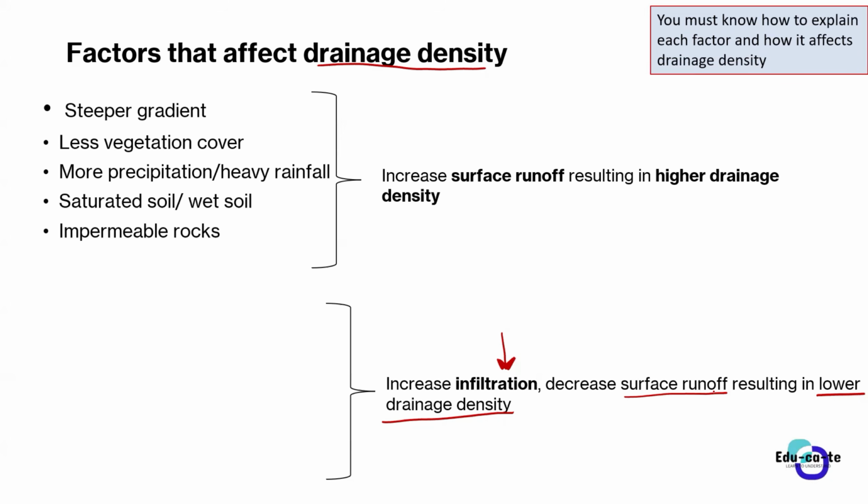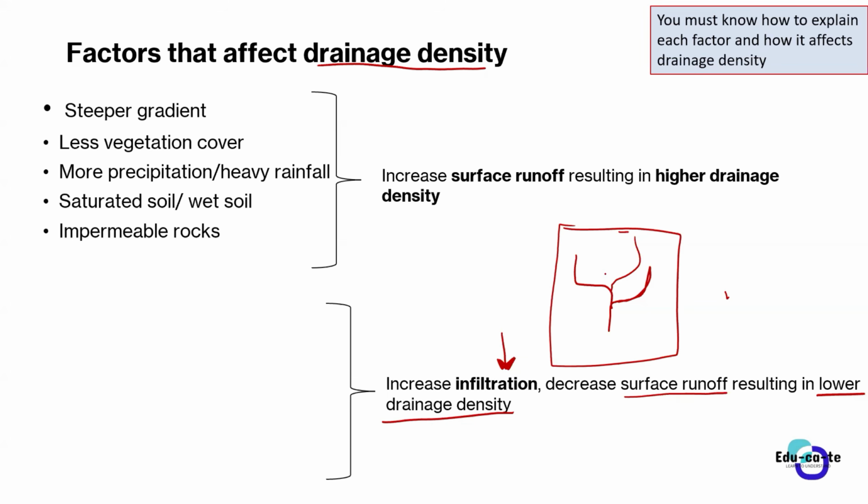Because surface runoff, guys, means that the water is flowing away. And for us to end up having a lower drainage density, it means less water. Let's just say we have only these streams, let's just say they are countable: 1, 2, 3. Yeah, we only have 3 streams that are flowing into the main stream. So this is a lower drainage density because there are only fewer streams. So it means that there is less water that is running off. There is less surface runoff in this drainage basin.